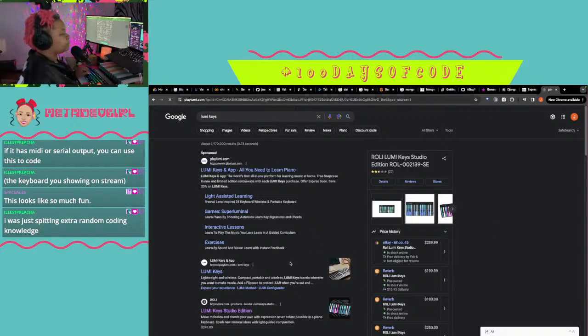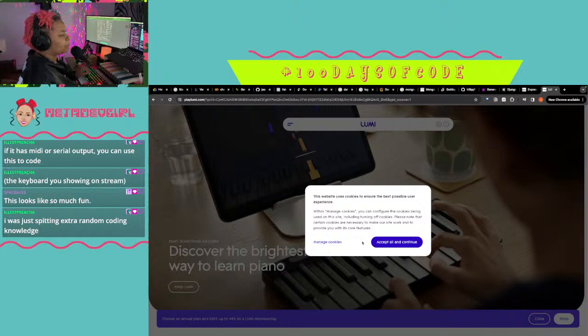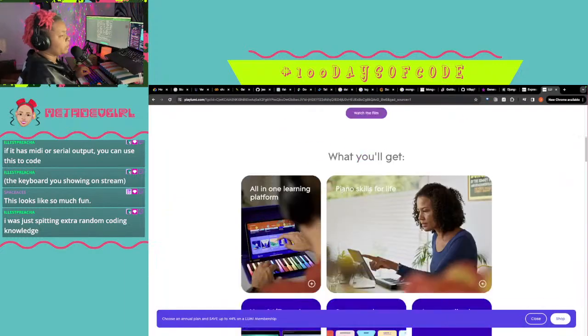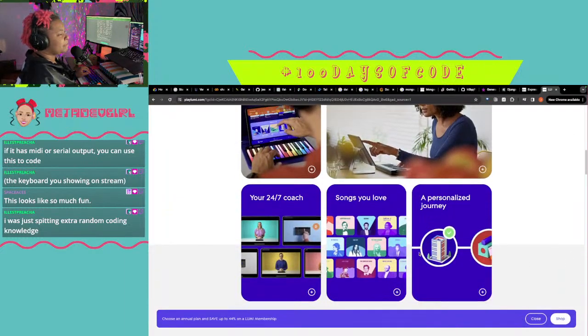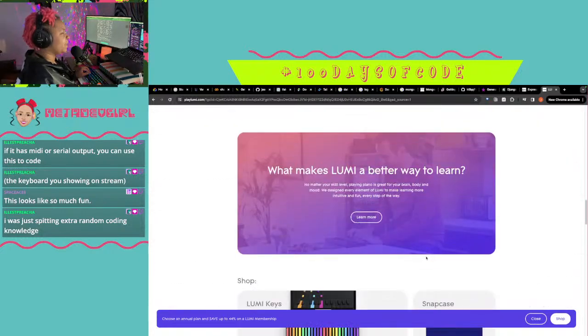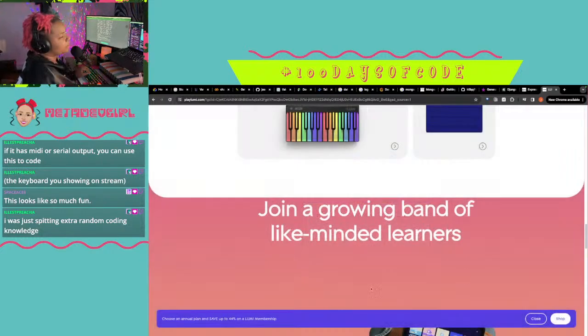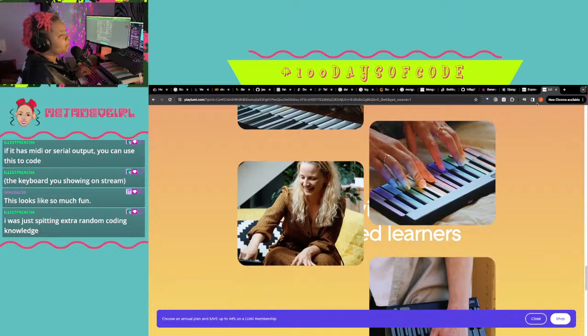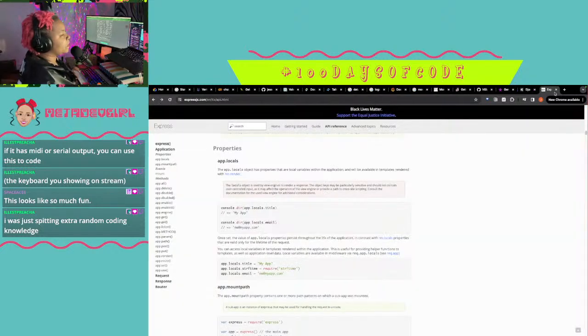They have an official page or website that's just about Lumi. So yeah, if you want to learn how to play and all that other kind of stuff, it's fun. But my Lumi is kind of broke because, like I said, I got mine when they did the Kickstarter back in the day. So I had it for a long time. It's been through a lot.